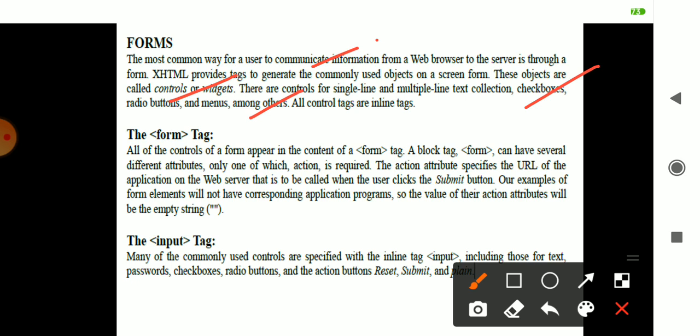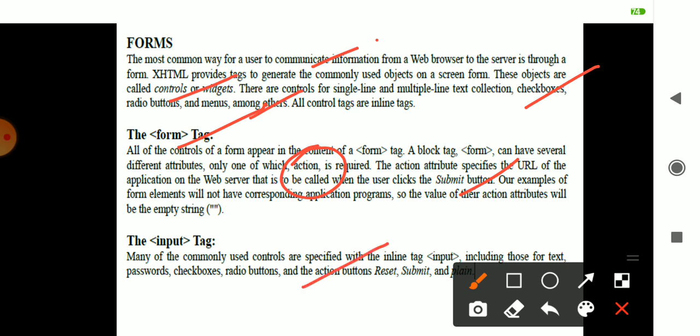So the main aspect is how the form is used in programming: you use the tag called form. Opening and closing of a form is there, and in that form you may be using the action attribute. If you are jumping from this form to another, you use the action, which moves through the URL you specify. It will move to some other page when you submit the button. So you open a form through the form tag and button.